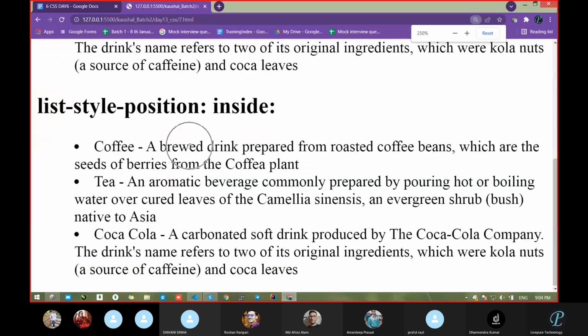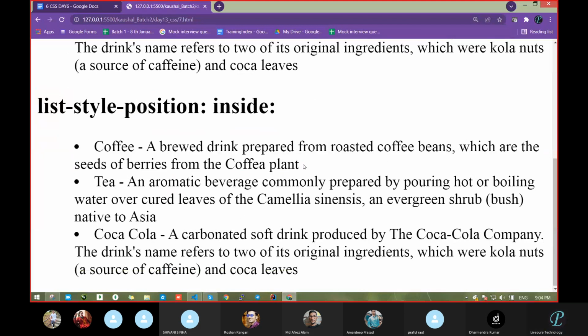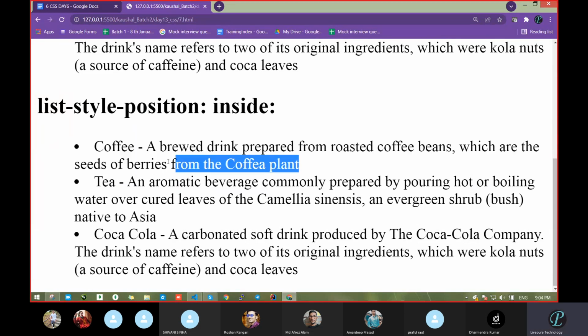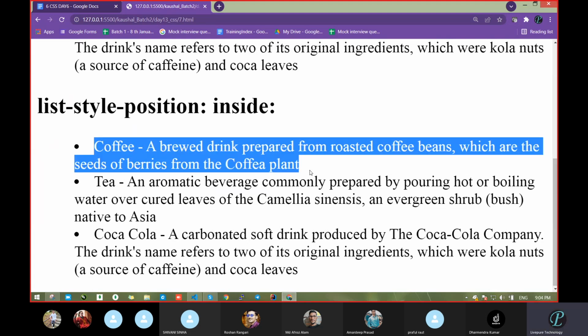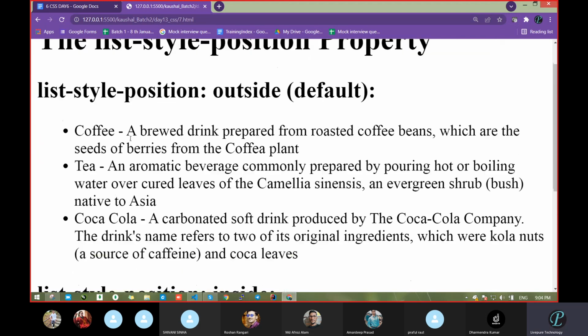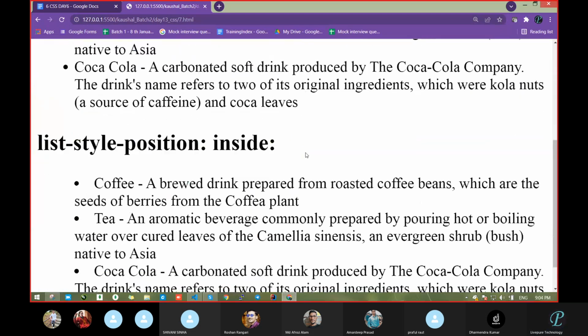Now see, when I increase the zoom and the text comes onto the second line, it is easily identified, correct? Because whatever text we are getting came in this situation. It came on the second line, and due to the second line we get the bullet sign inside, correct or not? But in this case also it came on the second line, but the bullet sign is outside by default. Got that? When you check this one.